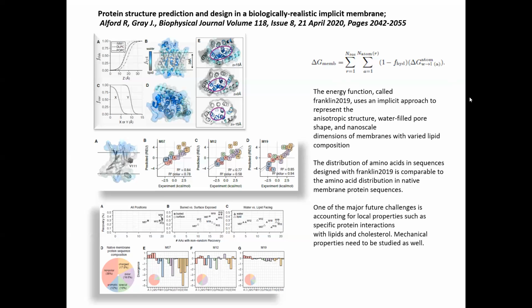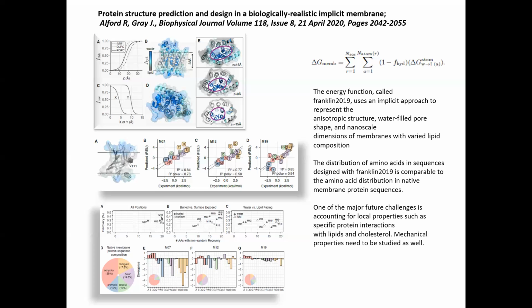They also evaluated the ability of the model to discriminate native and non-native orientations. And also, they wanted to capture the protein stability and their changes upon mutation by comparing the different experimental values and the computational predictions. Remarkably, the distribution of amino acids and sequences designed by this particular model named Franklin 2019,